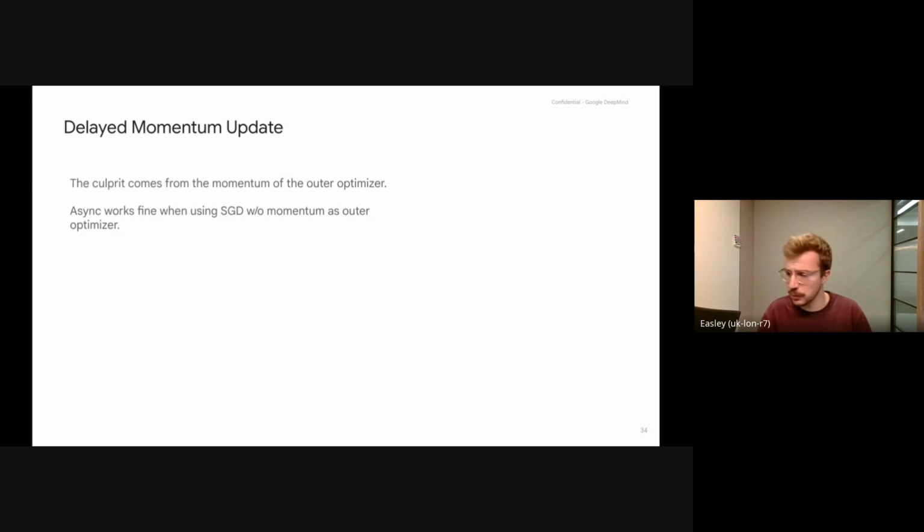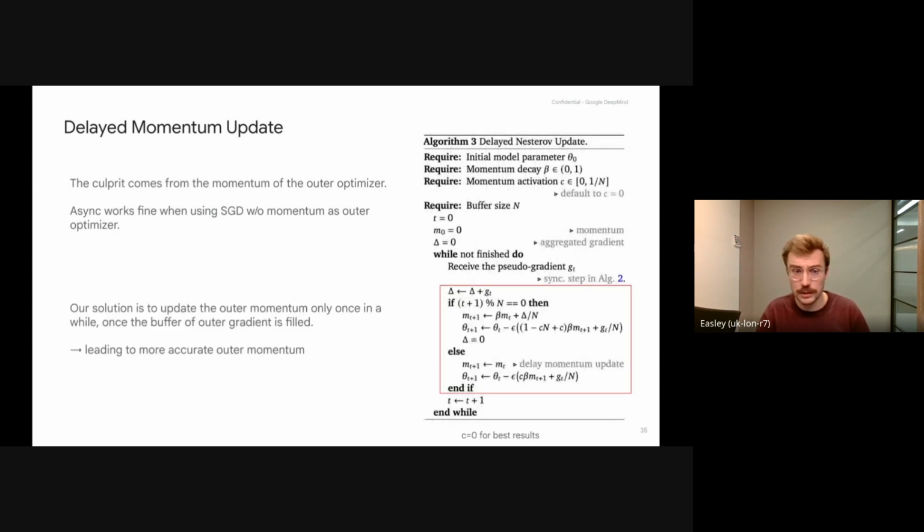We tried many settings from the literature and we found that the best solution was actually quite simple. Our solution is to update the outer momentum only once in a while. Meaning that, for every outer step, every time that there is a replica that is communicating with the central server, we apply an outer optimization with Nesterov, with the momentum, but we don't update the momentum of our outer Nesterov.